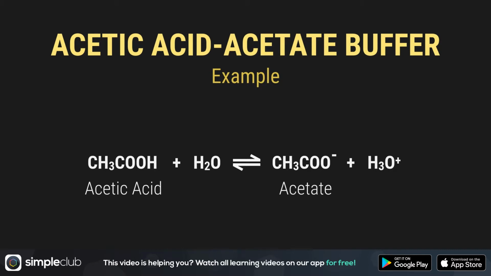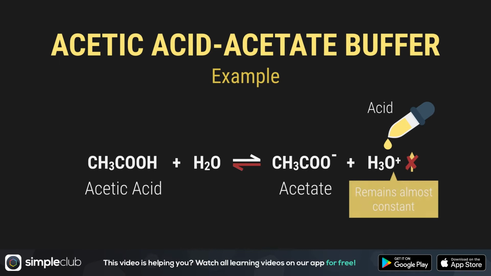If we add an acid, the concentration of oxonium ions increases. Now we have more H3O+ ions. The reverse reaction becomes stronger. Acetate ions also react with H3O+ to make acetic acid and water. So the concentration of H3O+ goes back down and the pH goes back to the same level it was